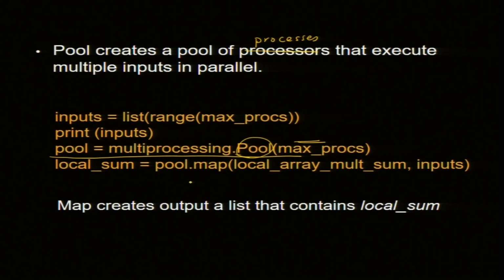And then I can do pool.map. So, it is going to map what? The result of this function, the local array multi sum, and the input. I put the input into this function, and the result will be local sum. So, basically this is going to map: for process 0 local sum is this, for process 1 local sum is that. These are various syntax, you do not need to remember per se, you can just copy from the example. So, let us look at the code.